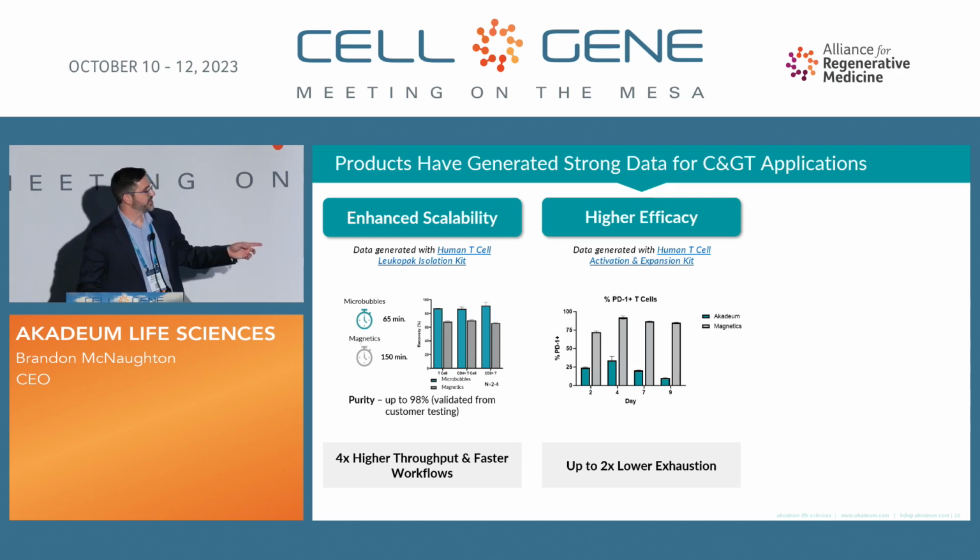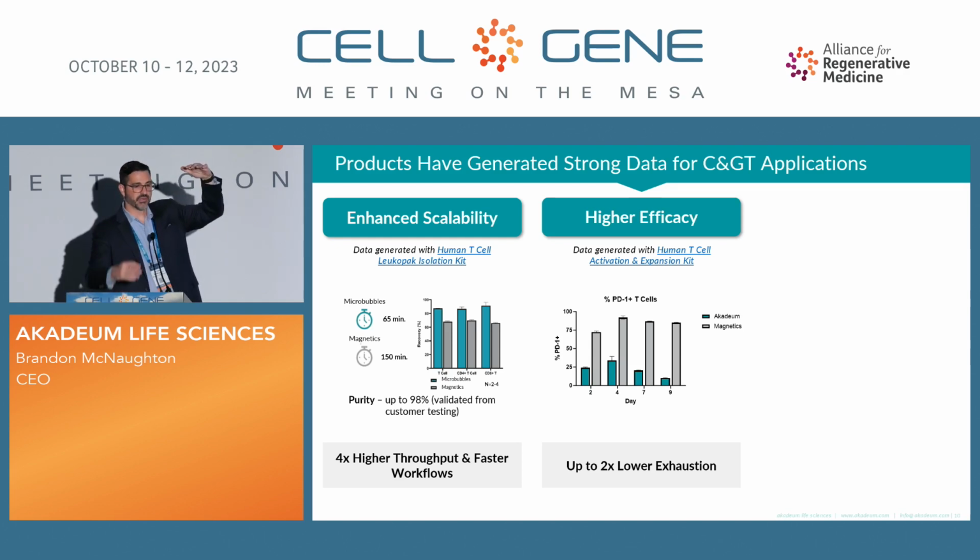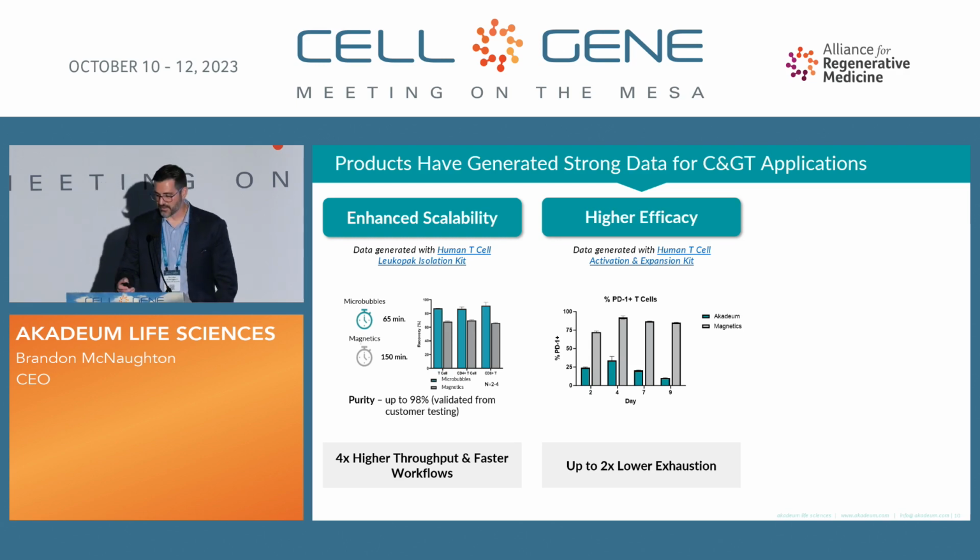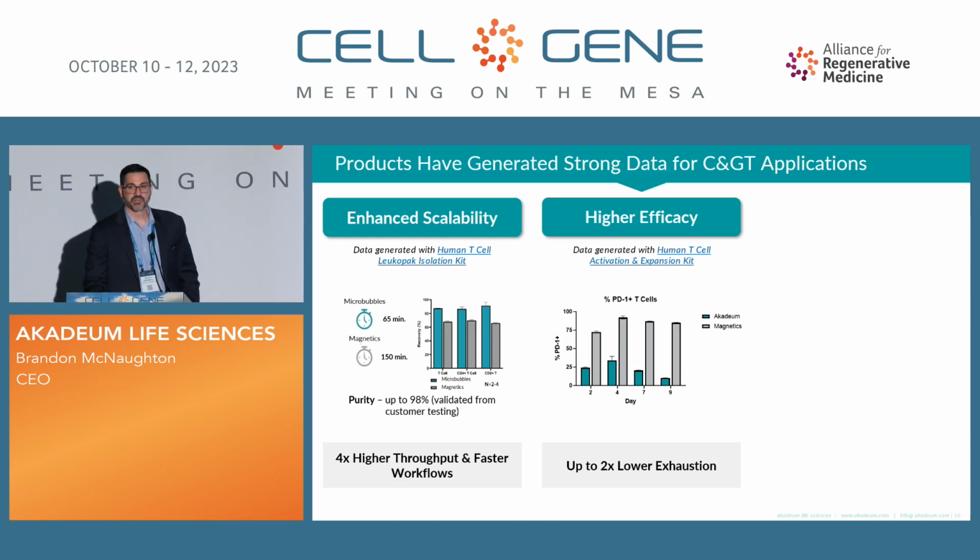a comparison of T cells across a multi-day fold expansion. And in this case, we looked at an exhaustion marker. So, on the y-axis, high is bad in this case, low is good. And you can see over time, by leaving, say, magnetic particles that might sit with the T cells and then exhaust them, by using microbubbles, which keep, again, the activating particles away from the activated cells, you minimize exhaustion levels by quite a bit. So this is something we're very excited about, and what we just released in part of